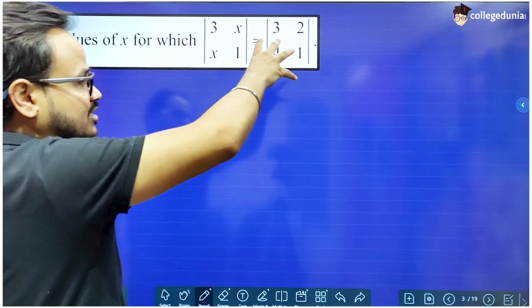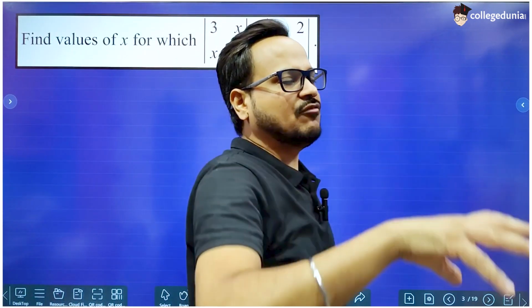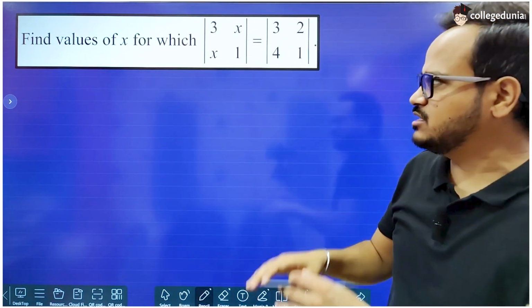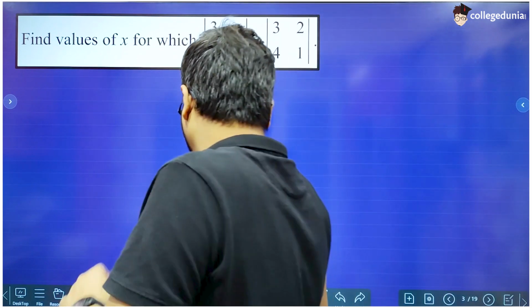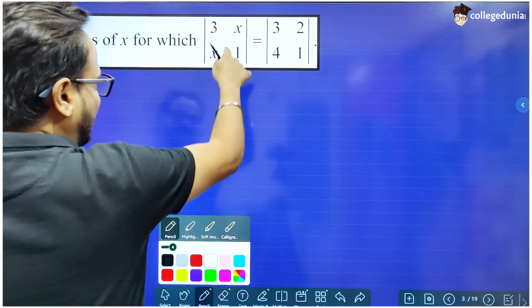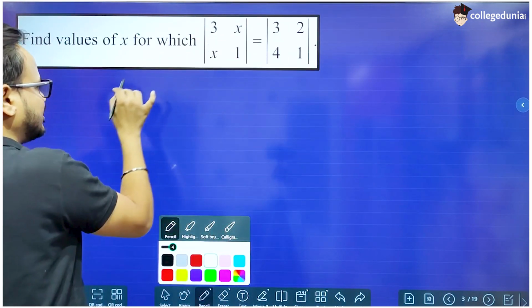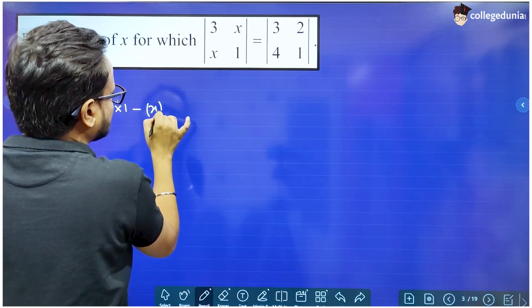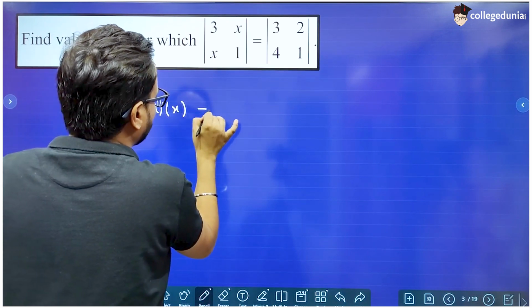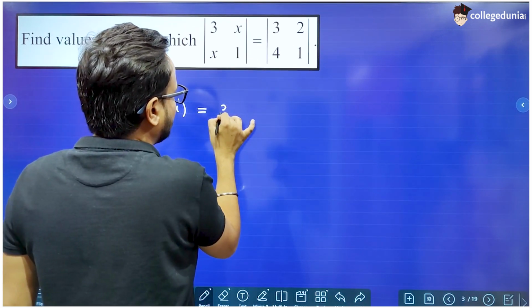But these are determinants, and determinants are just written in the form of rows and columns, but they have a specific value which comes after expanding the determinant. So if we have to find the value of x, first we have to expand this determinant, which will be 3 into 1 minus x into x,